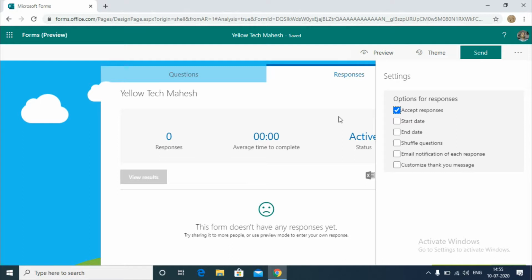Okay, and the next option is shuffle. That means we can shuffle the questions. And the last but one is email notification. As we didn't give one here, no problem, we will get an email, that's it. And the final one is customization of your message.